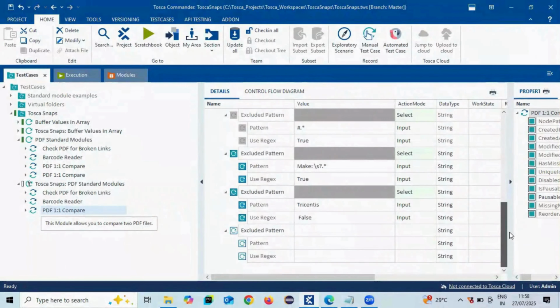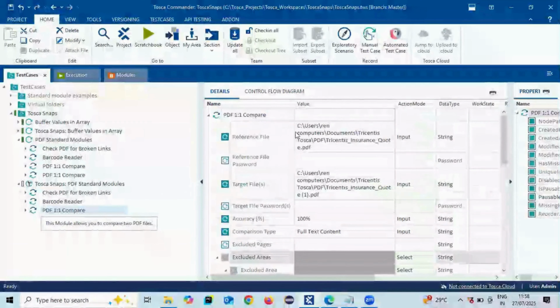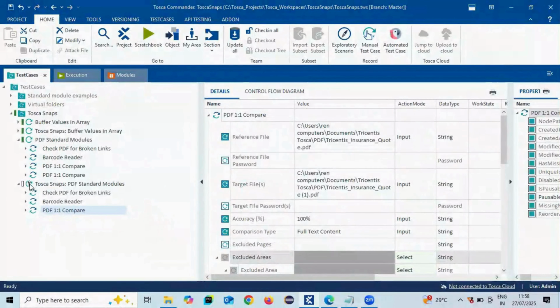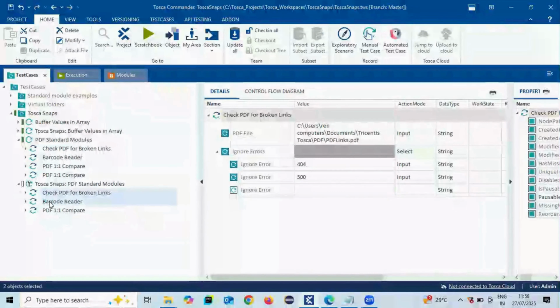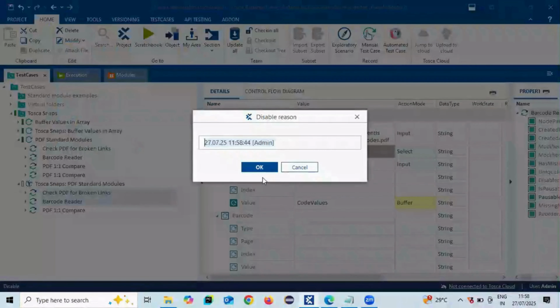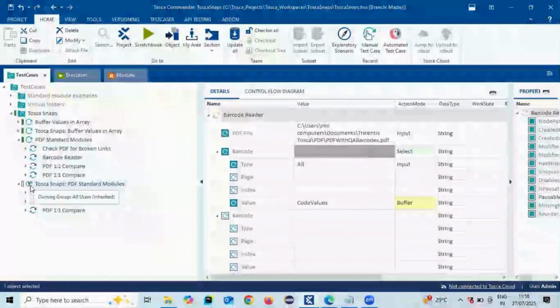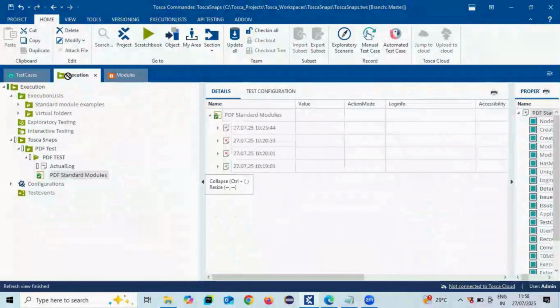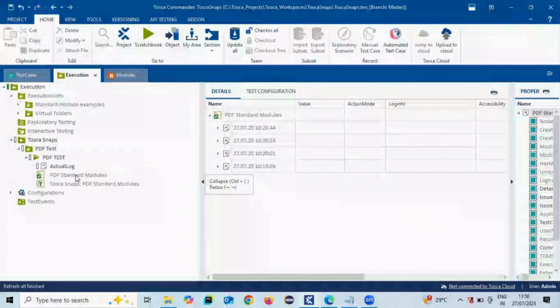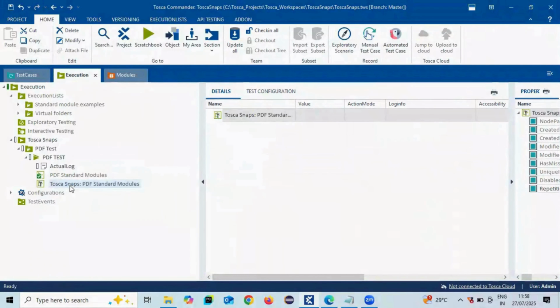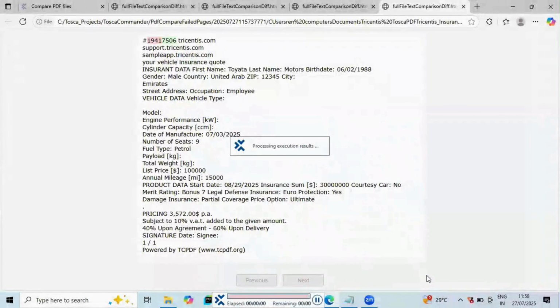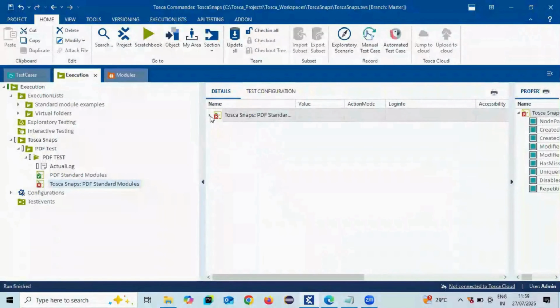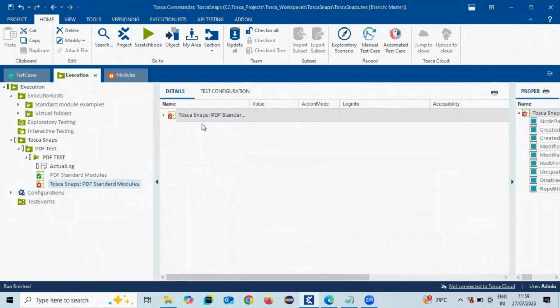Now let's run this from the execution section. Let me disable the other two modules. I'm going to focus only on the PDF one-on-one compare. And let's try to run this from here. It failed, which is expected because the order number is different. And if I go to the log from here,